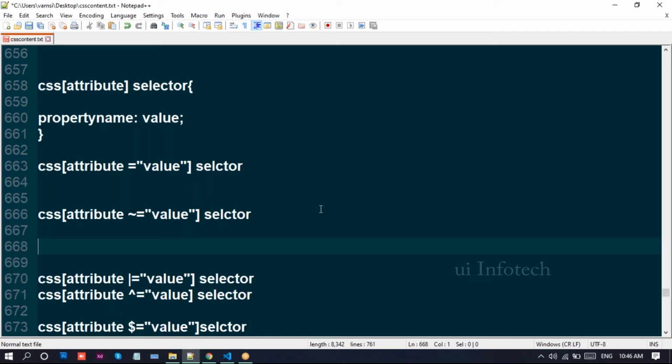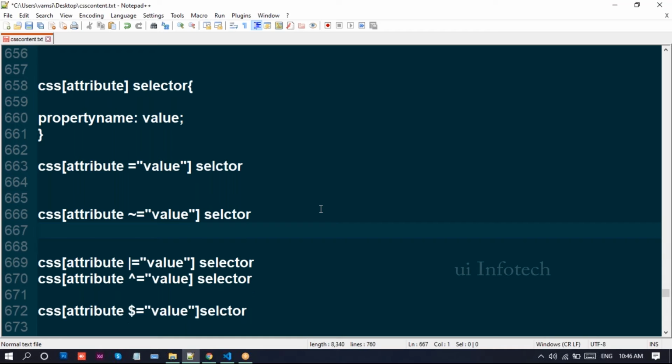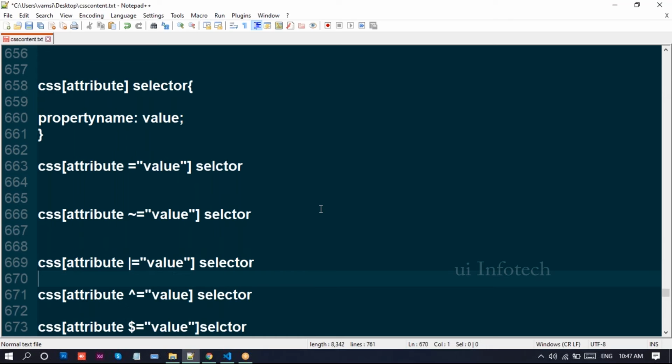Next we have the tilde operator. You can use this tilde operator to make an attribute selector that matches every element whose attribute value contains a space separator. Like with class names, you can give a space in the class names.